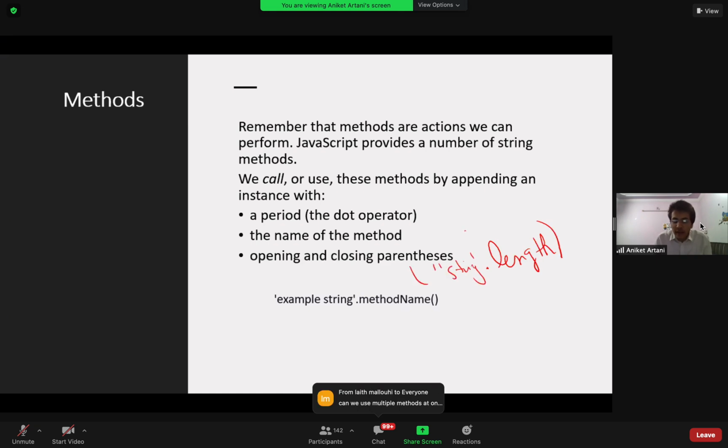But if you write any other functions, there are many inbuilt functions you can use, or I will even tell you how to make your own functions. So you can develop your own function. Whenever you write your own function, you need to write the string, a dot, your method name, and after that parentheses.